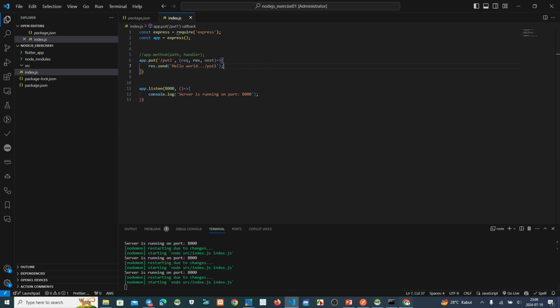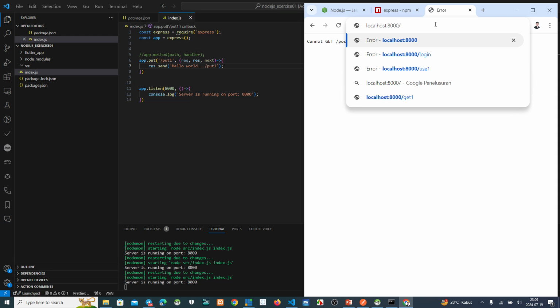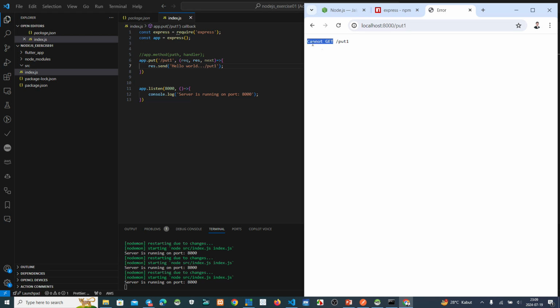You try to access this server, put one, cannot get the put one because of the limited function of the browser. The browser cannot access the server by using the put method. Just the get method this browser can access.